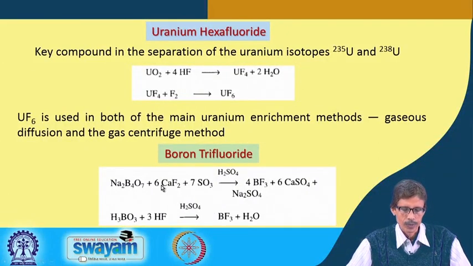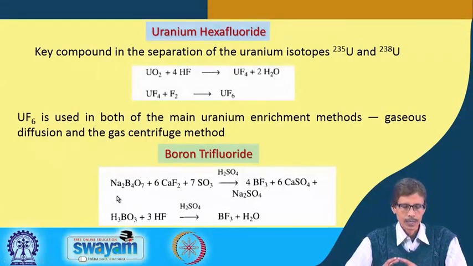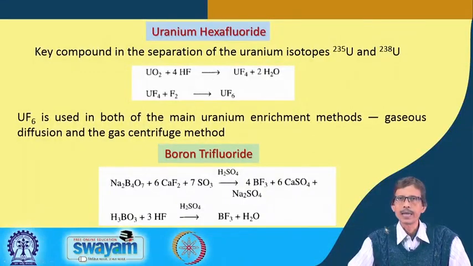So, calcium will take up the sulfate ion from sulfuric acid as well as from sulfur trioxide, because this sulfur trioxide is also available to trap the corresponding oxygen from the borax, and that oxygen will allow its conversion from sulfur trioxide to sulfate anion again. So, that sulfate anion will be separated as sodium sulfate, because the sodium salt of that particular anionic part, that means B4O7 2 minus, is your borax. So, those sodium ions available from the borax will be converted to sodium sulfate, and the remaining as your calcium sulfate.